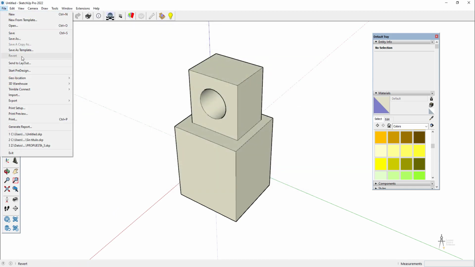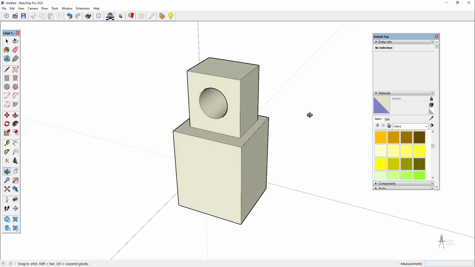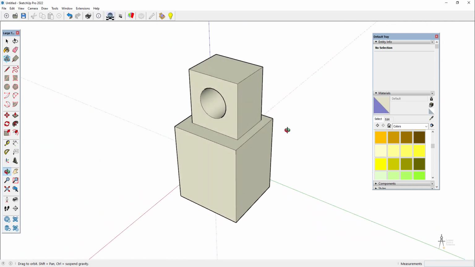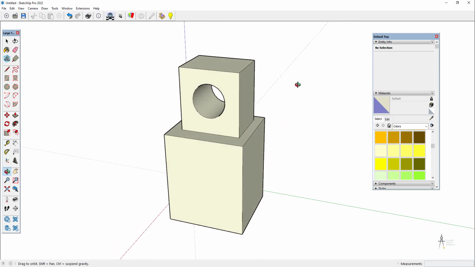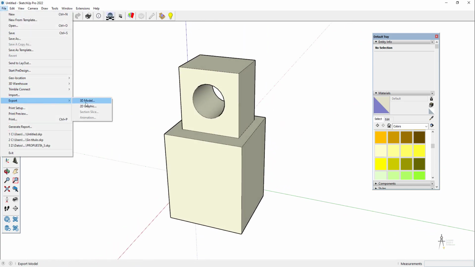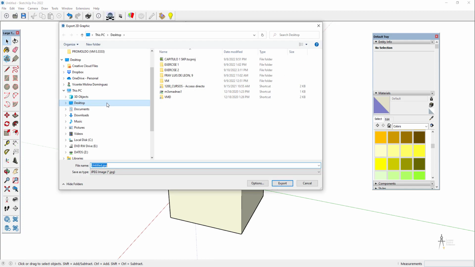On the other hand, we can export it as a 2D graphic. Well, what its name indicates is an image. So you've got to be careful with the image you select, because it's going to export whatever you have on screen. So if I leave it as it is and export 2D graphic,